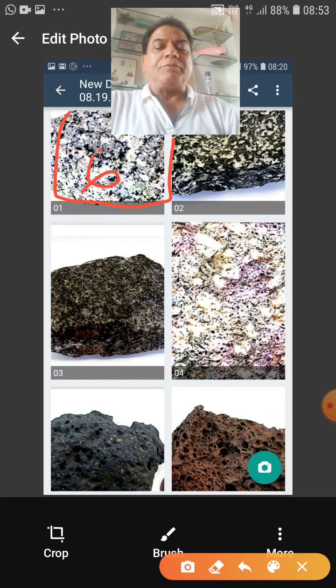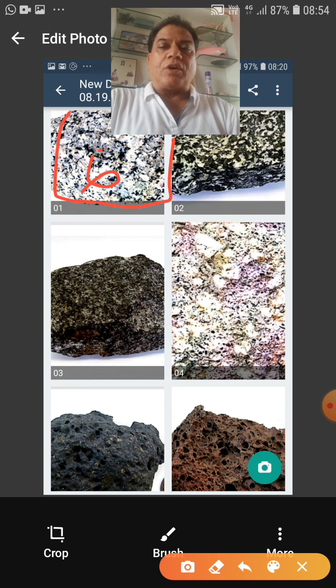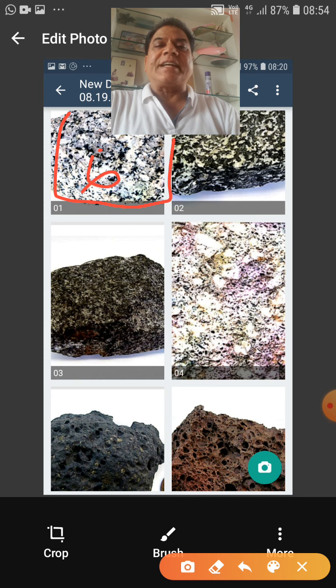Once we say granite, it has quartz and orthoclase as essential minerals. In rocks there are three types of minerals: essential minerals, accessory minerals and secondary minerals. In nomenclature, it is the essential minerals on the basis of which a rock is named. Essential minerals are those which are more than 5% and they contribute a name to the rock. Whereas accessory minerals are generally less than 5% and they don't make any contribution to the nomenclature of the rock. And third are the secondary minerals.